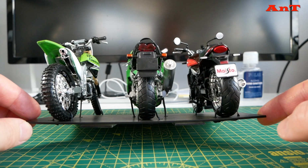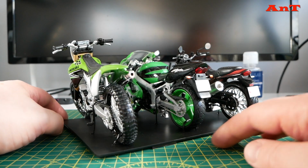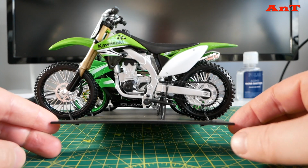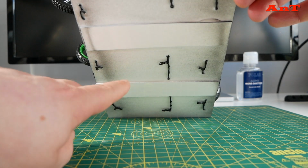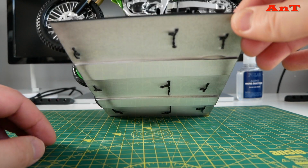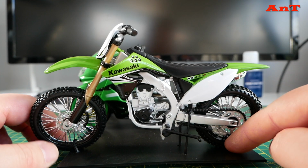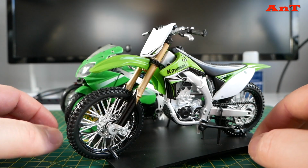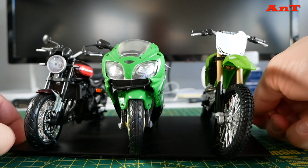So I wanted a way of putting the bikes on, securing them, but it's always difficult to try and mount them, just get them to stand up. So what I've done is painted this styrene board black here, and underneath I have put two protruding supports, just cut two strips that I can then probably stick down with some double-sided tape so they can just sit there. I've used black tie downs so they stay upright, so hopefully you won't focus on them too much. And I did this first, and this then gave me the idea to look at other bikes,